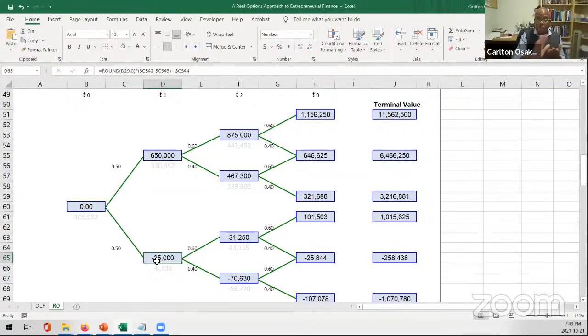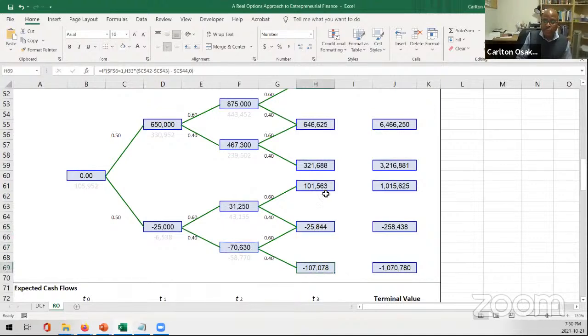And the answer is no, not quite yet, because even if you continue on, it's possible the firm can recover a bit. You won't make a lot of money, but you'll make some money if demand goes up and goes up even further. However, in year two, if it still goes down, then you can see that there is no possibility of making any more money in the future. So in year two, if the firm is down here, you should stop operations. You should exercise your abandonment option, okay?